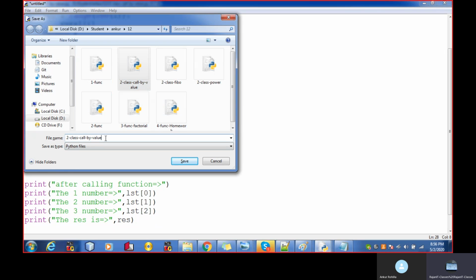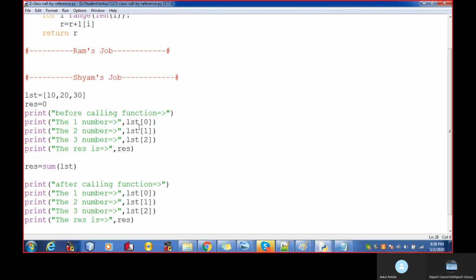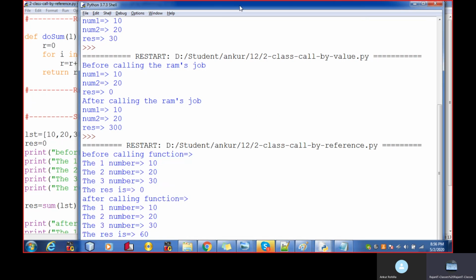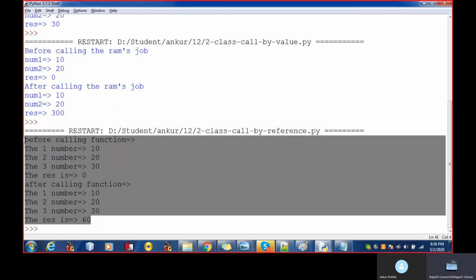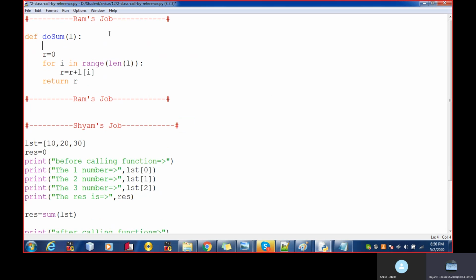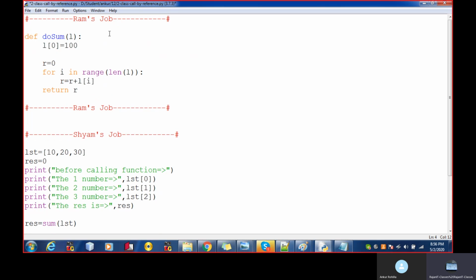The second is call by reference. See over here, now I'm going to make some changes inside the function. Now it has changed the value of the first box to 100 and the second box to 200.